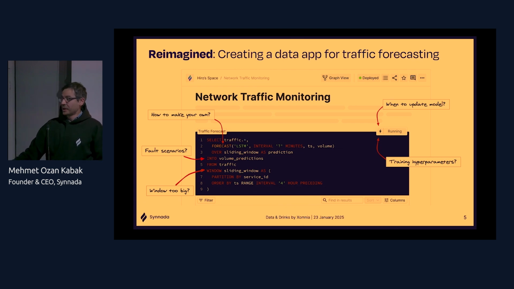And then, okay, let's assume that we abstract that away as well. So we have this forecast thing, which looks like an aggregation function. It's like a sum or average or something, right? So apparently it has a LSTM model behind it. It says use a LSTM as the first argument of that function. Where does that model stay? Like, how does that model work? Where is the inference done, right? How does that inference result come back to the engine? And if whatever we give out of the box is not suitable for your purposes, how do you create your